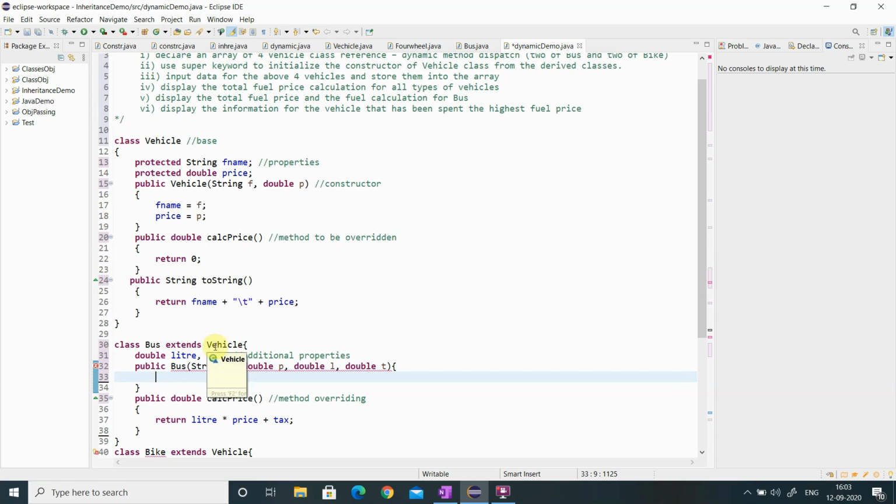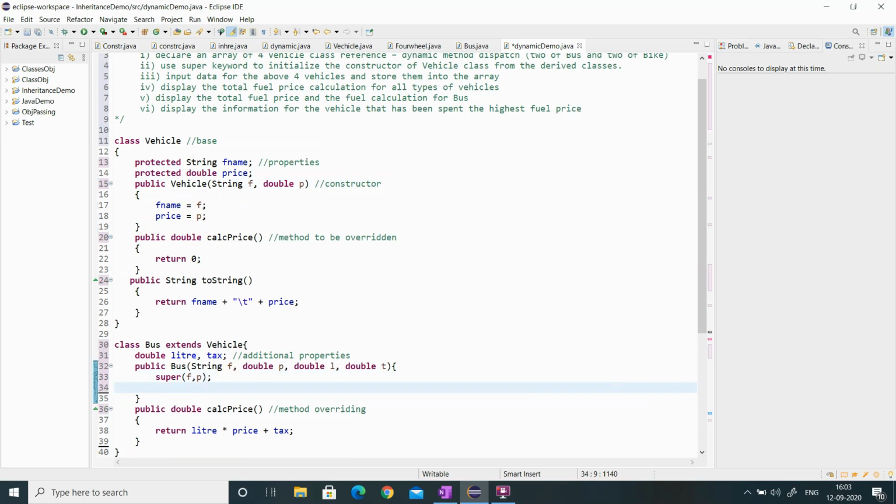To invoke my base class constructor through the derived class, I have to use the keyword called super. Using the super keyword, I am passing the attributes to my base class. These two are the attributes for my base class. When I invoke this super keyword, it will go to the base class constructor, that is the immediate super class of the derived class, and invoke the constructor of the super class.